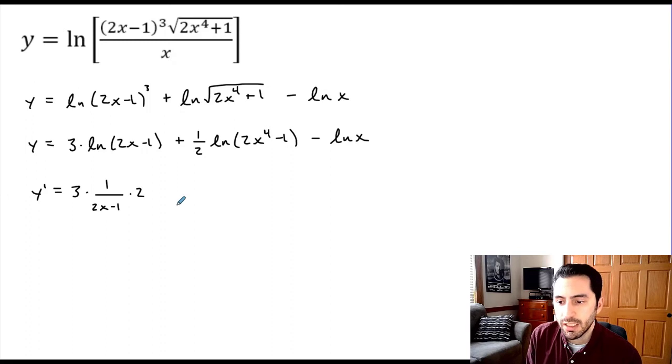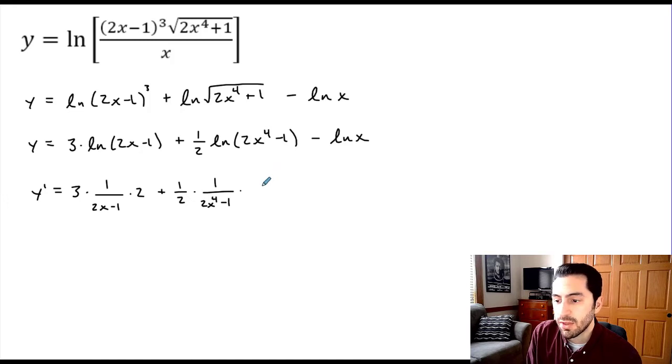And we'll simplify that at the end. Plus, we're going to do the same thing for our middle term. So the derivative of the natural log, that's 1 over whatever's on the inside. So that's 2x to the fourth minus 1. And then multiplying by the derivative of the inside, using our power rule on 2x to the fourth, the 4